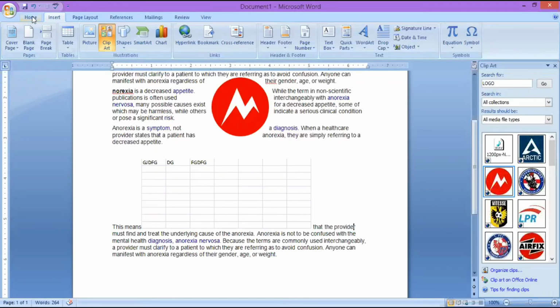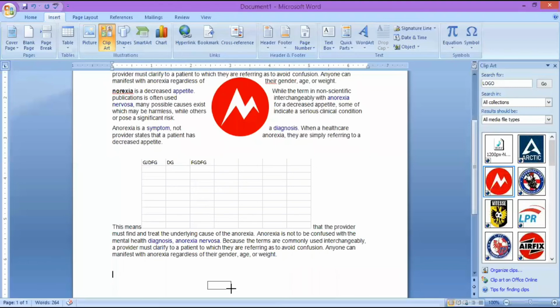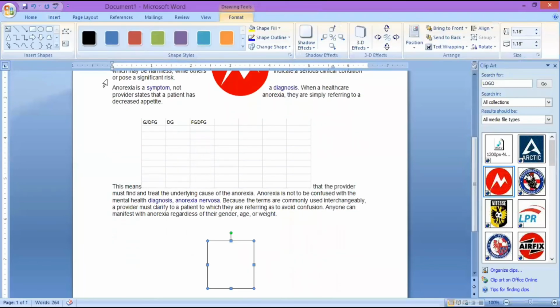We'll go for that. Okay, see again the shapes are in the same tab, Insert. Under this you go for the Illustrations group. Under this you have the shapes, you have the different shapes displayed here. You can use whatever shapes you want, especially if you want to draw a flow chart or something, you can go for that.